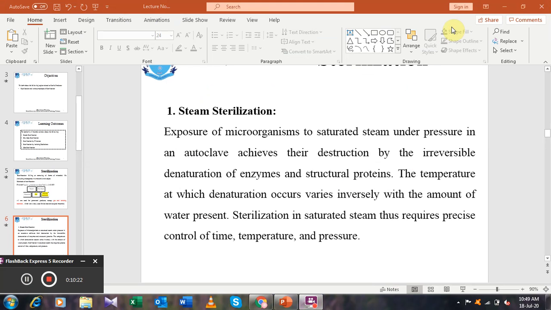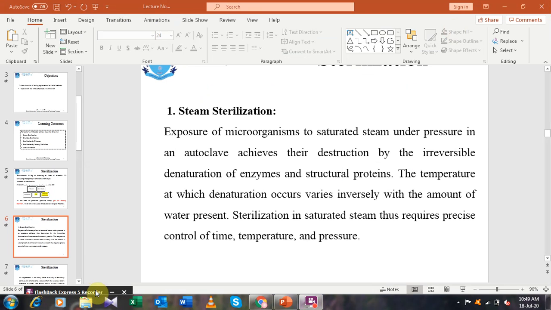Dear students, as you know, the temperature at which denaturation of that particular microorganism occurs is responsible for the denaturation not only of the enzymes but also of the structural proteins, irreversibly, and in this way the microorganisms are killed and removed from that particular batch or product. The temperature at which the denaturation occurs varies inversely with the amount of water present, and